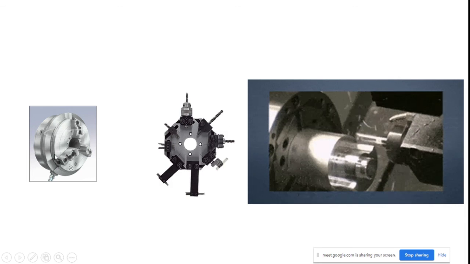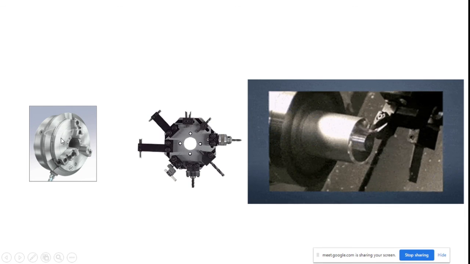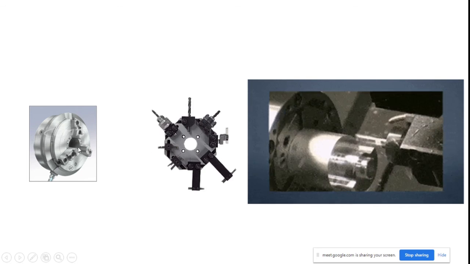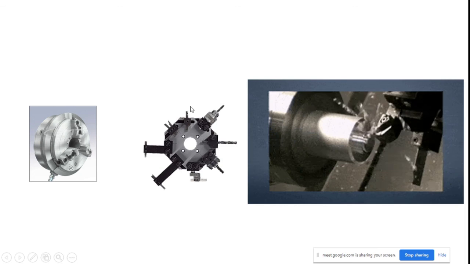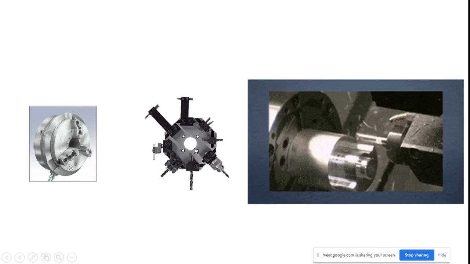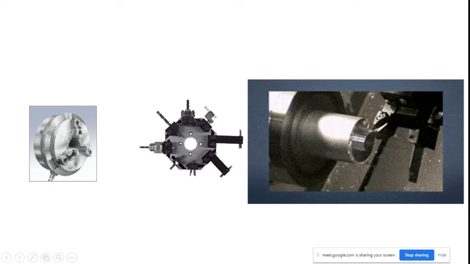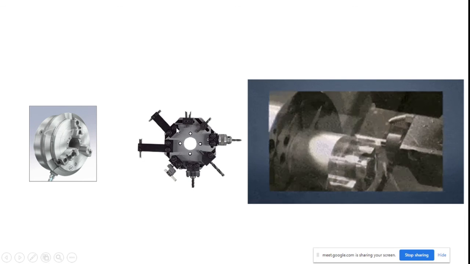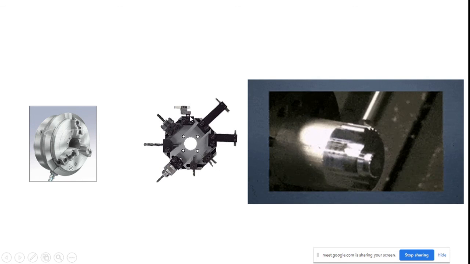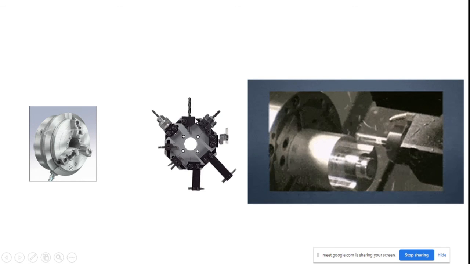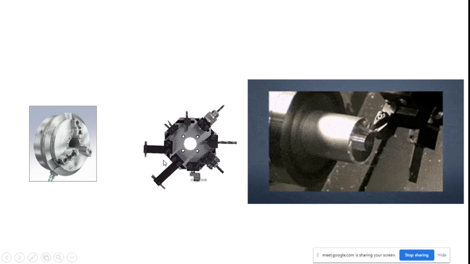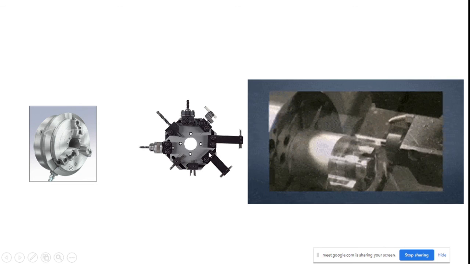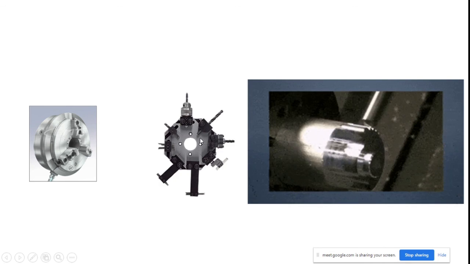This is known as the CNC machine 3-jaw chuck. This chuck can be operated with pneumatic actuation. After that, the second diagram is known as the turret. In that there are various stations available. In those stations we can clamp a drill bit and perform threading operations, and we can fix the threading tool, parting tool, facing tool. Likewise we can fix various different tools on the turret.